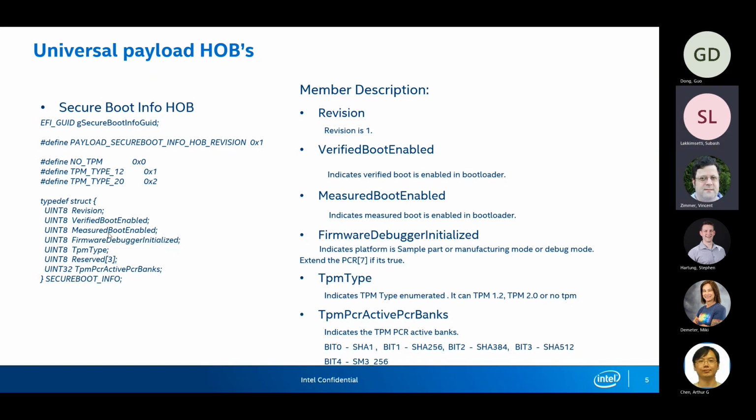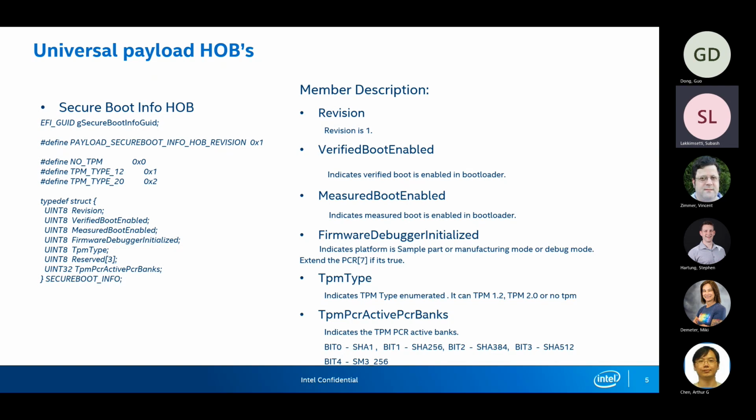Okay. But for measured boot, we are assuming measured boot is enabled in the PI phase, in the bootloader or whatever stage is below the payload. Definitely measured boot and TPM have to be initialized.